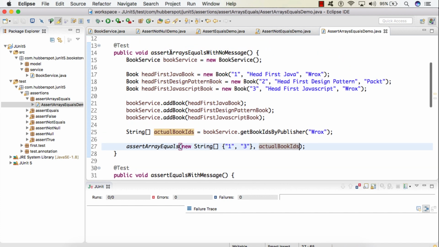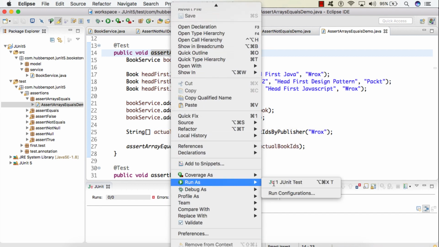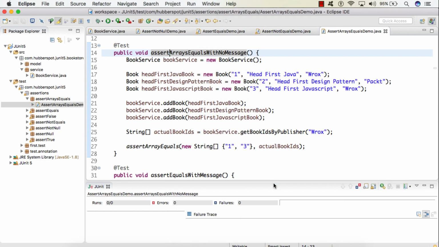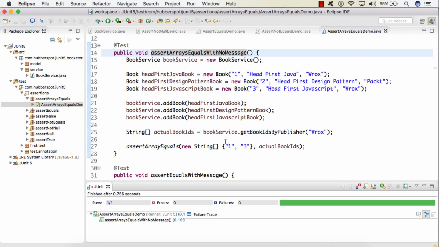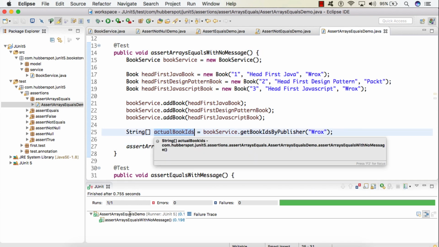So if I run this test case now, here you can see the test case got passed, because whatever we expected, that it should return 1 and 3, the actual book IDs did return 1 and 3.